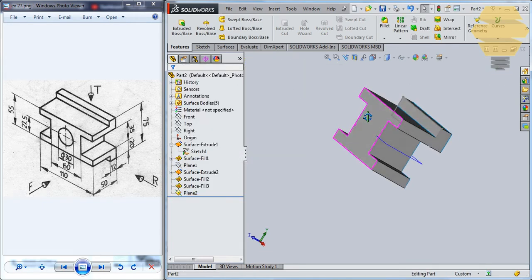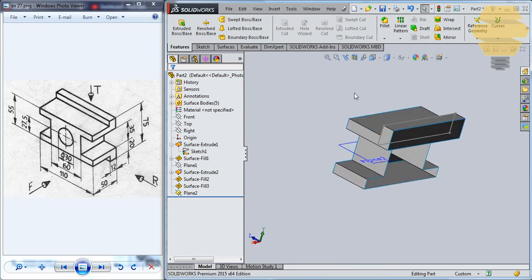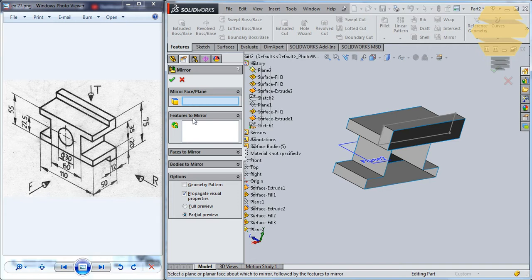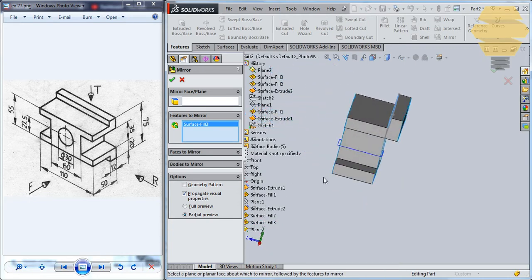On the mirror. Alright, we'll try to do that once again. So we'll just go for the mirror. In features to mirror we can give this one, surface fill, this guy. Okay,